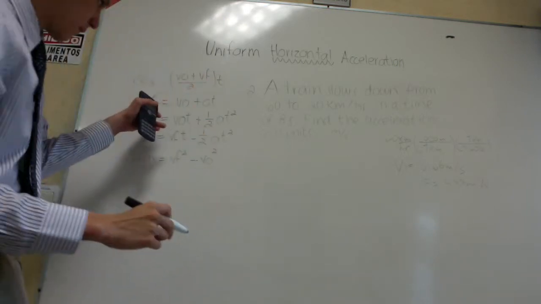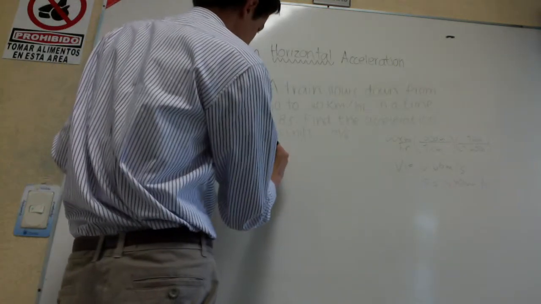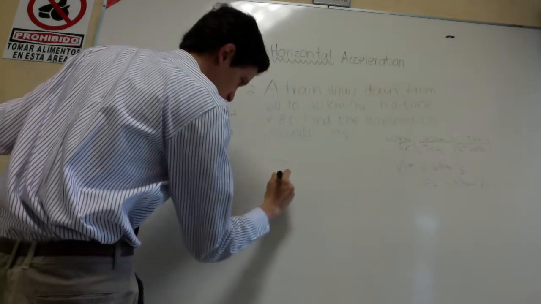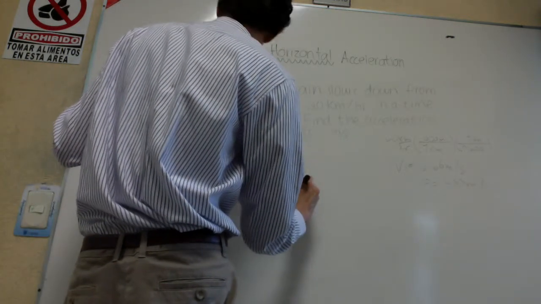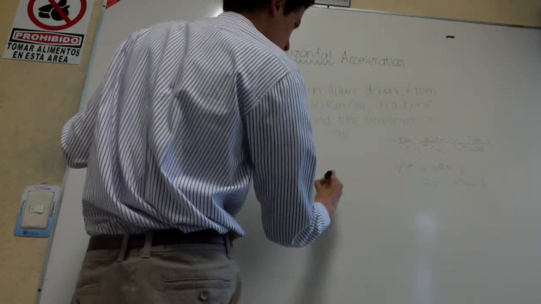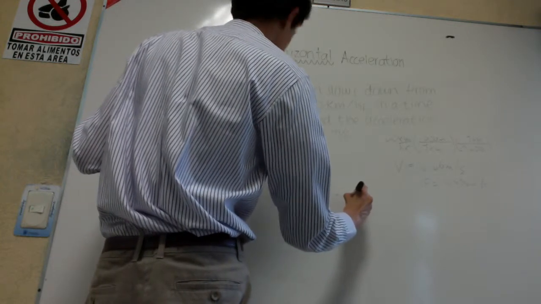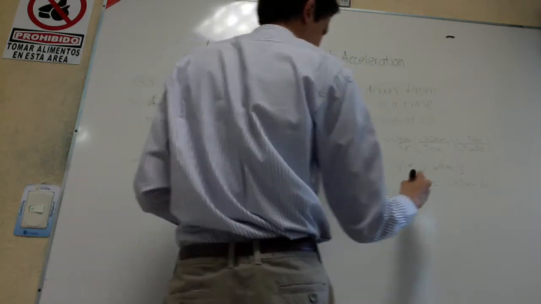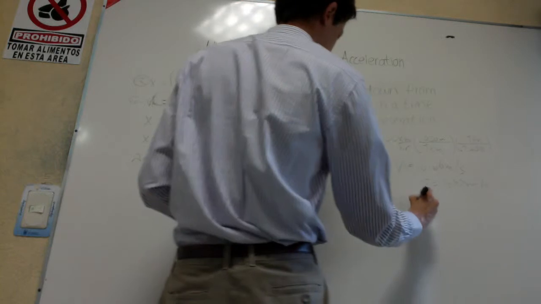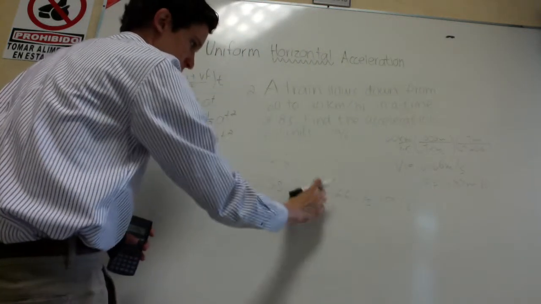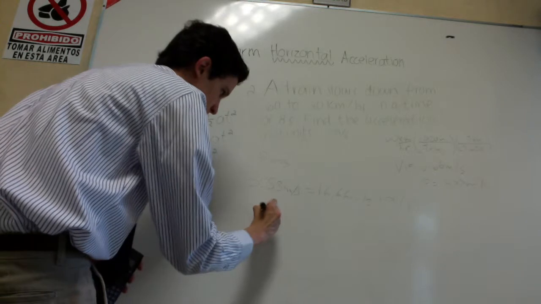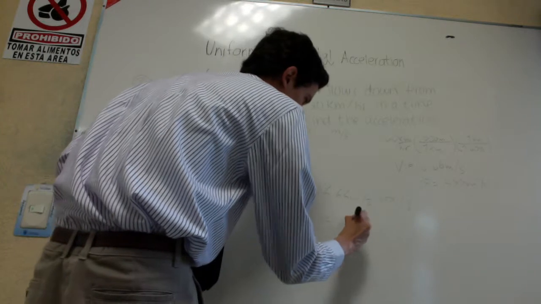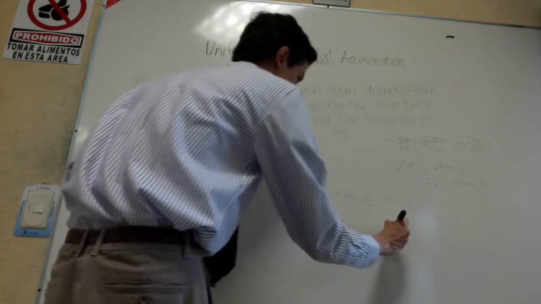So it will be final velocity, which is 5.55 meters over second is equal to initial velocity of 16.66 meters per second plus acceleration times time of 8 seconds. So I'm gonna take this subtracting because here it's adding up. 5.55 meters over second minus 16.66 meters over second. It's equal to